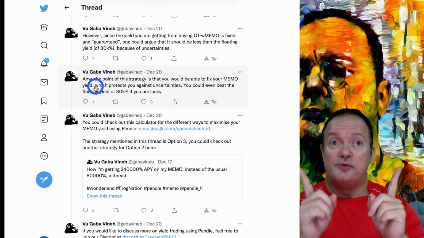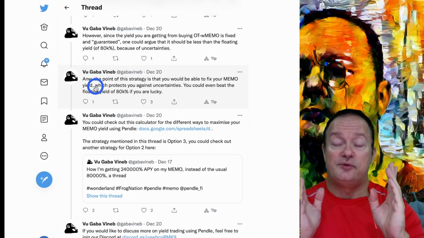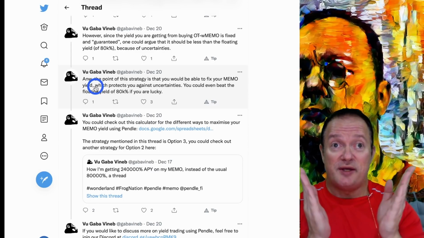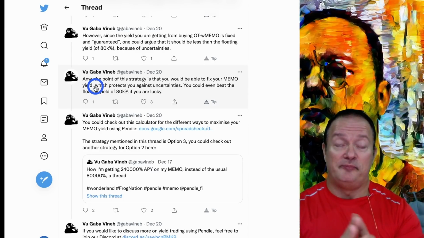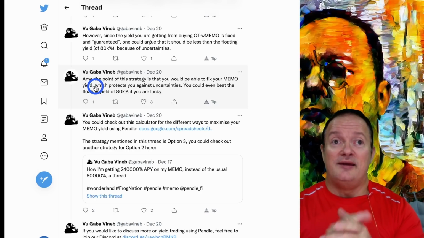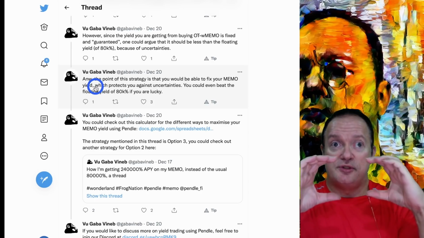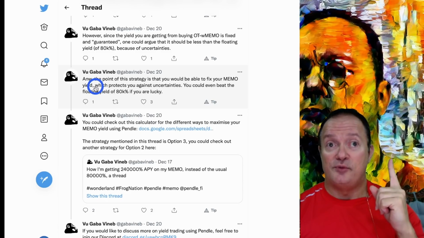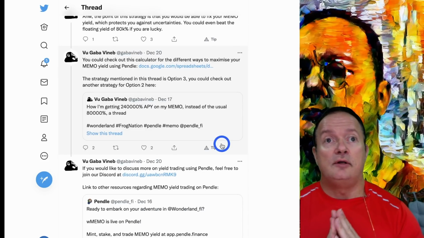Obviously, there's still an upward risk: if the yield goes up, you're missing out. But at least you're insured to a certain level and it's not going to go down. So think about that if you want to use this strategy. Now our friend